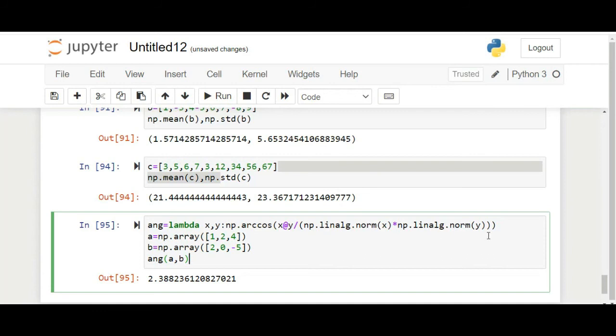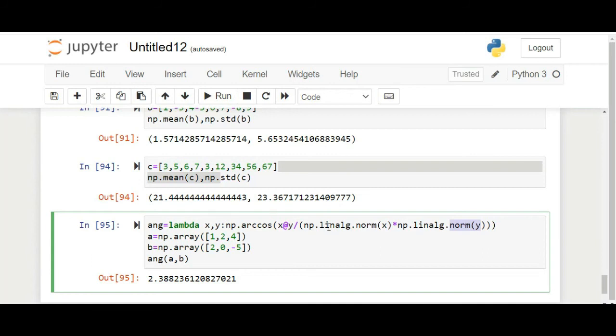In the numerator we will take the inner product of x and y, and in the denominator we will take the norm of x and norm of y. Okay, so